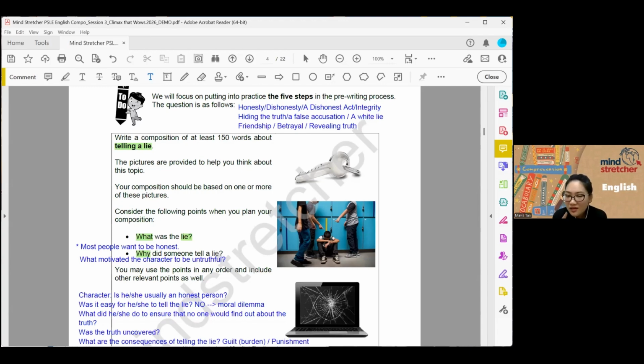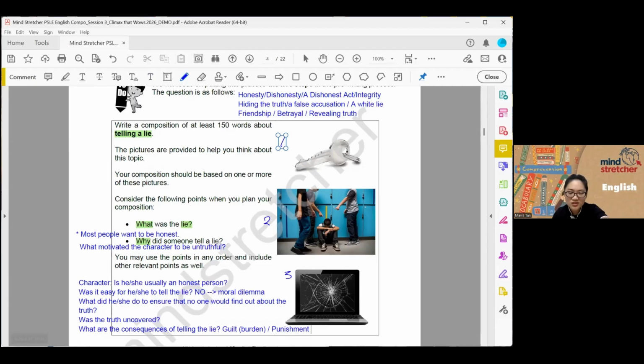So the key, the laptop, and the picture in the middle. Just give me a number. Number 1, key is number 1. This is number 2, and laptop is number 3. Which one are you inclined to select if this comes out in a test or an exam? Which one do you think is the most straightforward for you? You already have a storyline and you know it will work. You can answer all these questions that I've written here with this picture. A lot of threes. A lot of threes.